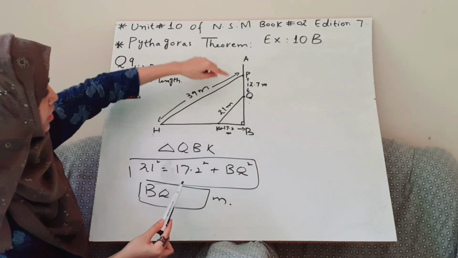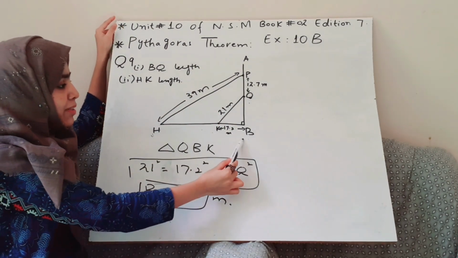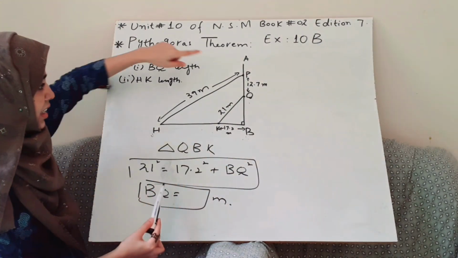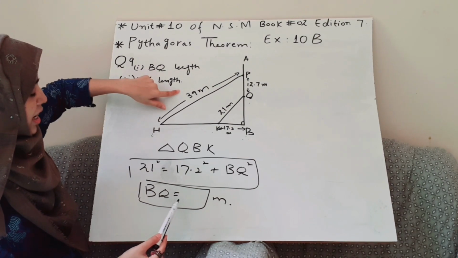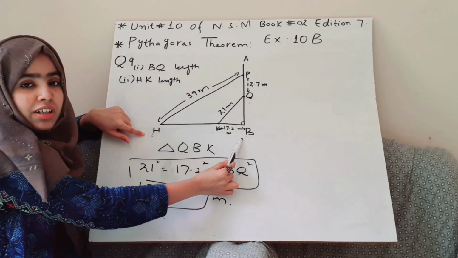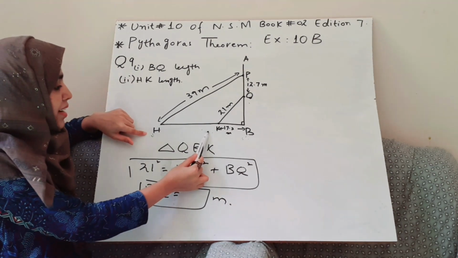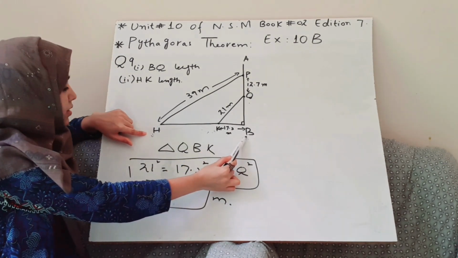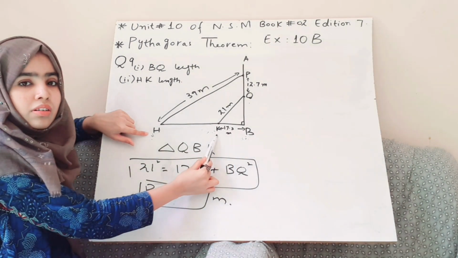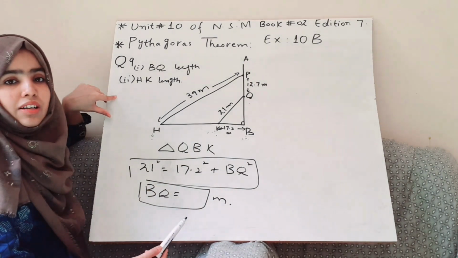So this side we know, this hypotenuse we know if we are taking PBH triangle, and can we find this HB? If we know this side and this hypotenuse length, we can find this after taking triangle PBH: hypotenuse square minus perpendicular square, we will find HB. After finding HB, we have the total distance, but we have to find HQ. So for HQ, we will subtract this distance from K to B from this HB, then we will have the HQ distance. So we have done. Follow this instruction and you can solve question number 9 by yourself.